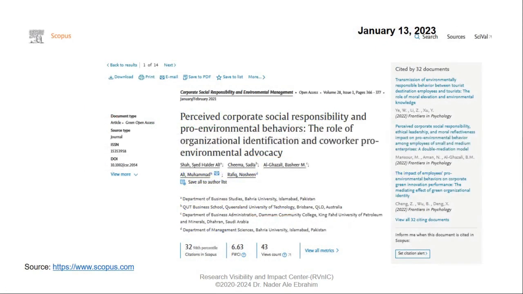Okay, come closer to your publication. Your top paper in Scopus is this one, Perceived Corporate Social Responsibility. If we look at this one, you get a very high impact. Why? Because the field weighted citation impact of one is close to the average, but your paper is 6.6, which is very good. It means you receive enough citations compared to your area of research. But this slide is not included in the public version.